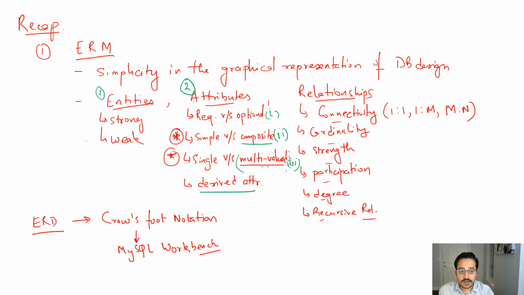Okay, and then finally, the last one that you will evaluate is derived attributes, right? Whether or not you want to keep it or whether or not you would like to remove it. And as a result, it will have an impact on the types of queries that you're going to write. Then comes relationships. Okay, then you start establishing the relationships amongst different entities. That is how the data is going to flow from one entity to another entity, and it is going to be modified and recreated. Okay, so of course, connectivity is the most important thing that you need to assess here